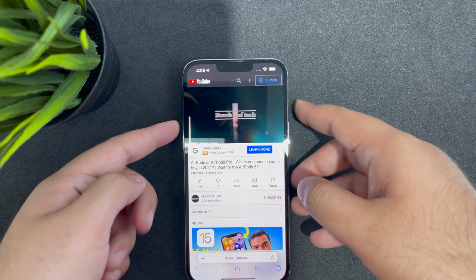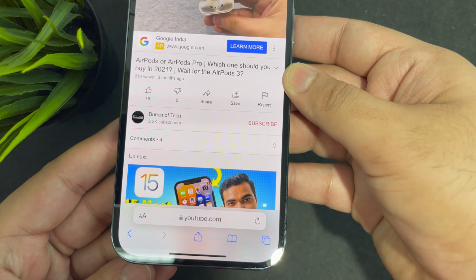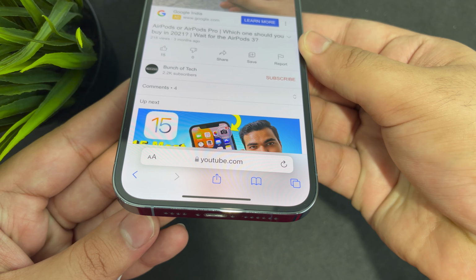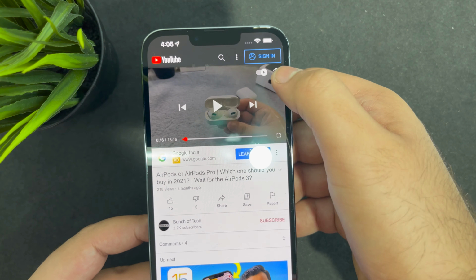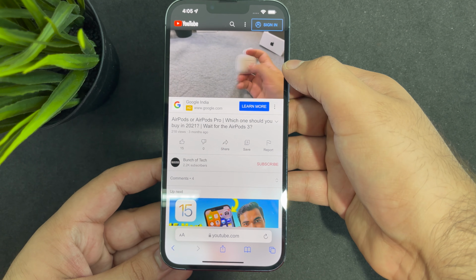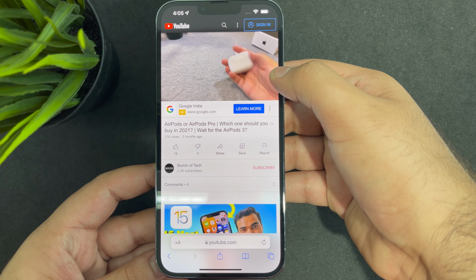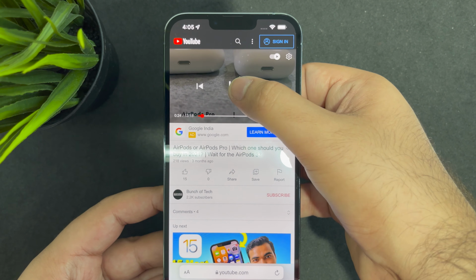We're going to talk about the Airpods and the Airpods Pro, and let's see which one should you get and which one is the right one to buy in 2020. And there are tons of differences with respect to these Airpods. I'm going to go through all of them so that it...